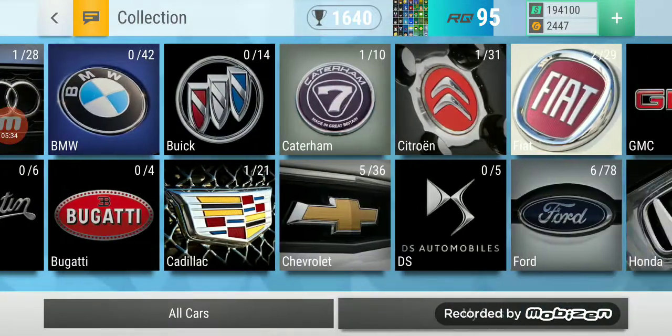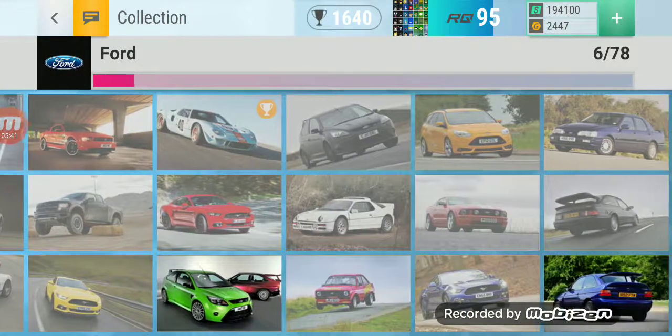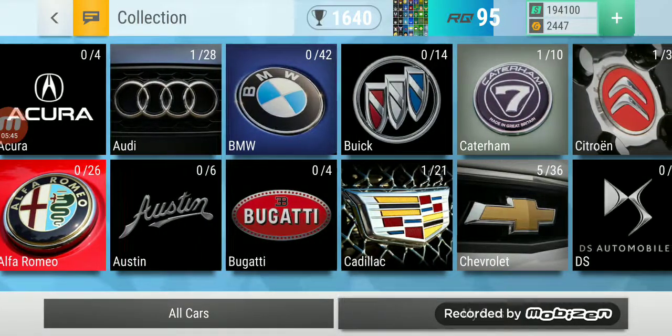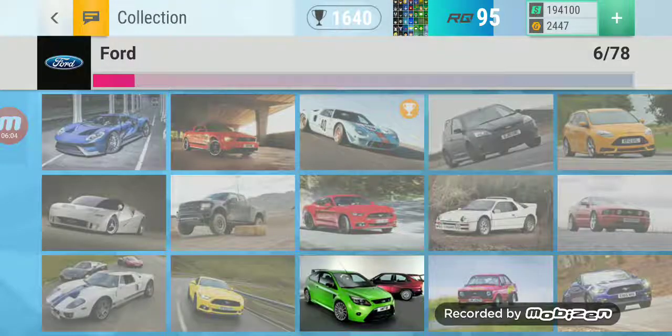I don't know. And despite it being terrible, there should also be the Ford GT90 in Horizon, which for some reason it isn't. And then I left Ford too quickly. The new Mustang Boss 302. There's the old one in Horizon 3, but not in this game. And then there's the new one in this game, but not in the old one. And then of course Mustang GT Power Pack,